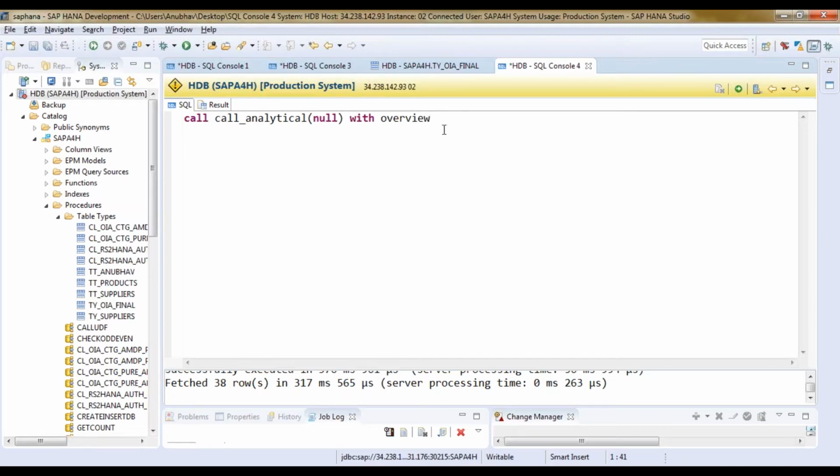What it does when you call a procedure from ABAP like this: the system will not return any result directly, but it will create a temporary table in the HANA database. Basically, not even an internal table, it will allocate some physical memory in the HANA database, and whatever result this procedure is calculating and returning will be stored in that temporary table. So HANA will automatically create a temporary database table, and whatever result your procedure is creating or giving, it will store that result in that temporary database table.